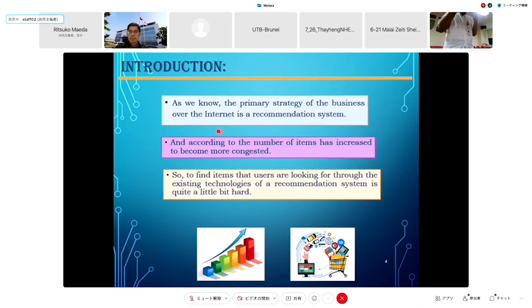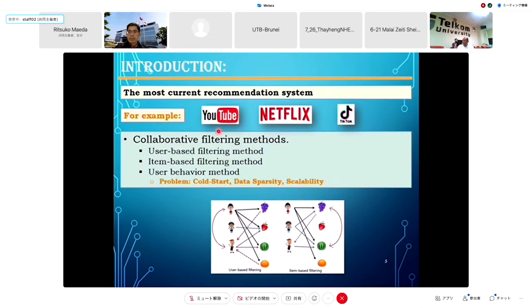As we know, the primary business strategy over the internet is a recommendation system, and as the number of items has increased, finding items that users are looking for through the existing recommendation technology is quite hard. The most current recommendation systems, for example YouTube, Netflix, or TikTok, use collaborative filtering